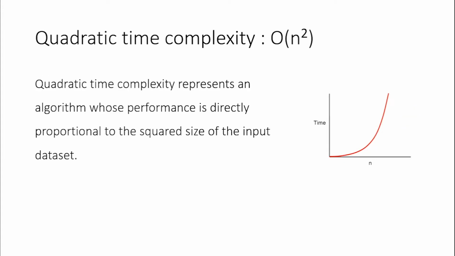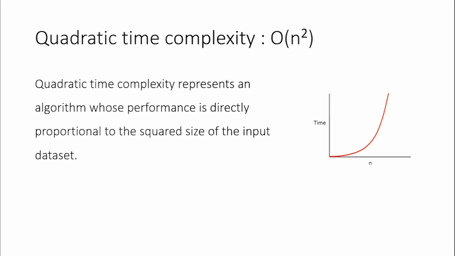Next we have quadratic time complexity. It is represented by capital O, and in parentheses we have n squared. Quadratic time complexity represents an algorithm whose performance is directly proportional to the squared size of the input data set. For example, if you have, in this graph,